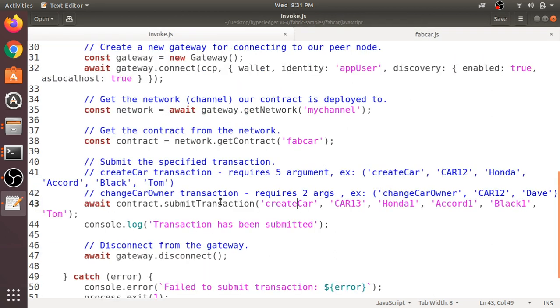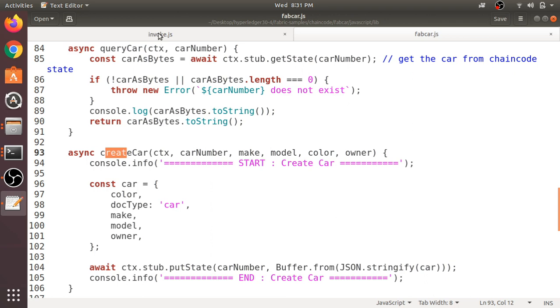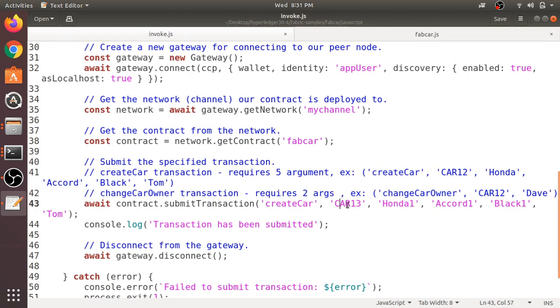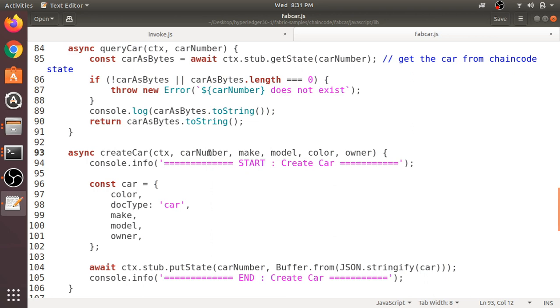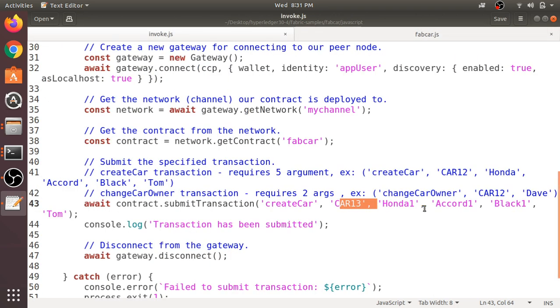In the submitTransaction function, we have to write the name of the chaincode function, createCar, which will be invoked, followed by the parameters to createCar. Here we require the car number, make, model, color, as well as the owner. Those are following here.